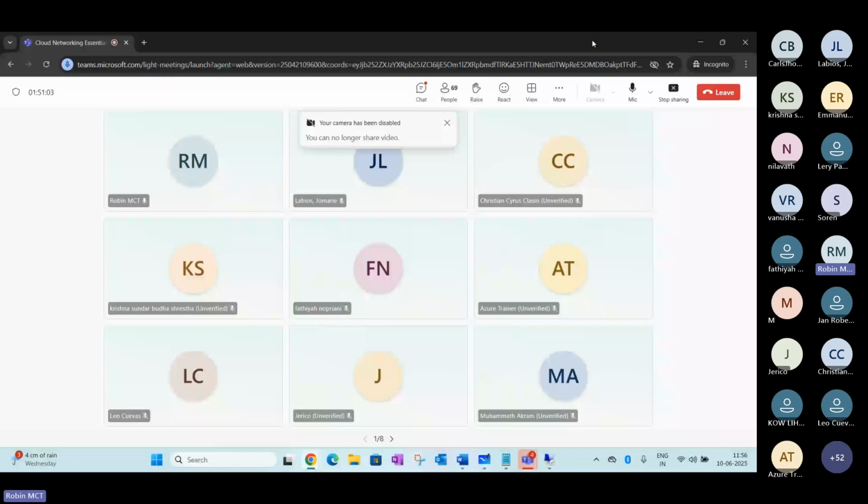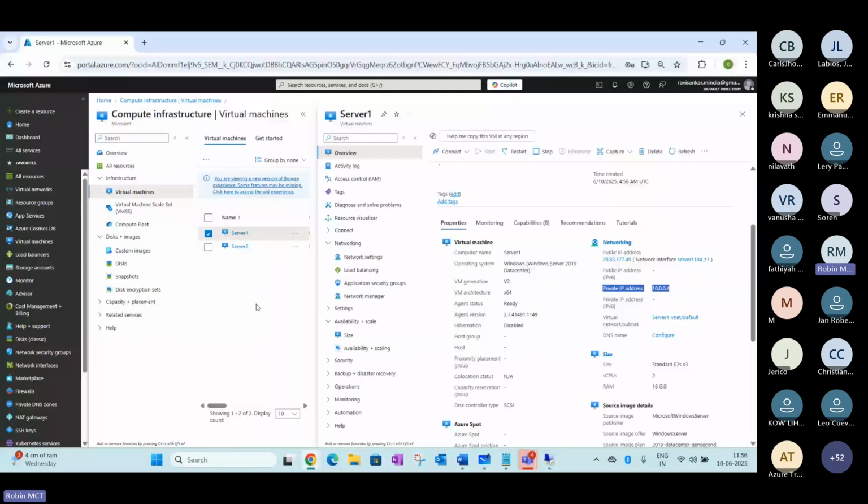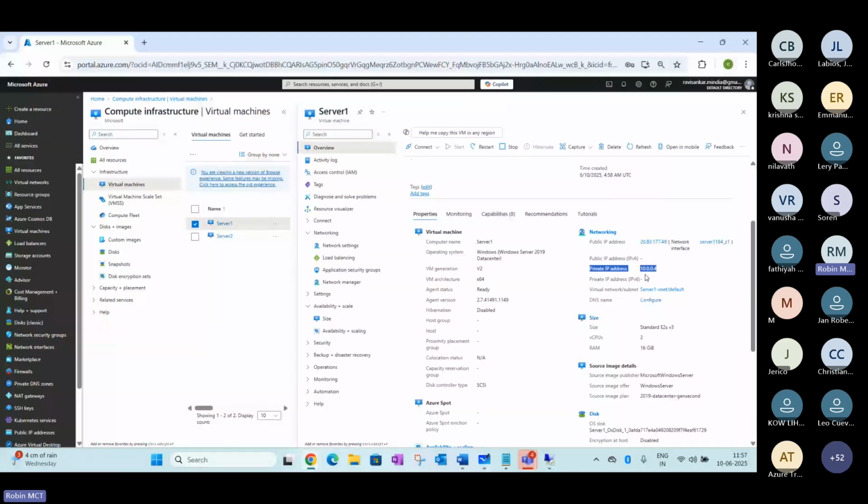Now let's go and see how practically the private IP address is assigned here. You may have noticed that the moment the VM was created, this IP address was created automatically. Now you may be wondering how and where this option is given, because I don't remember these networking options. Let me show you here.